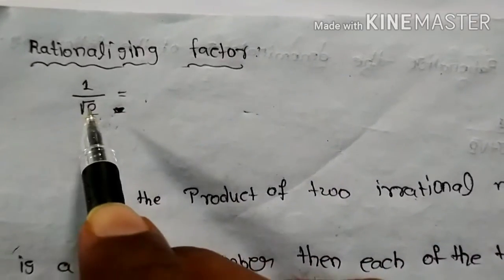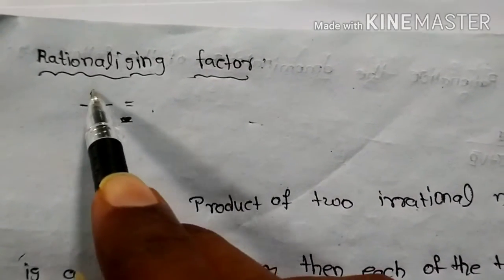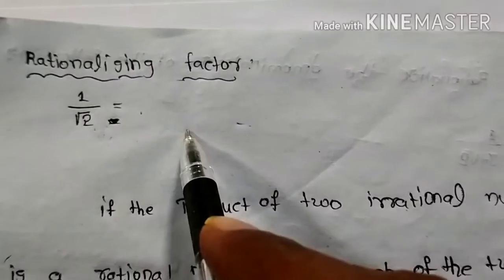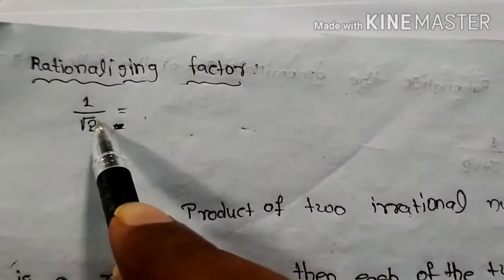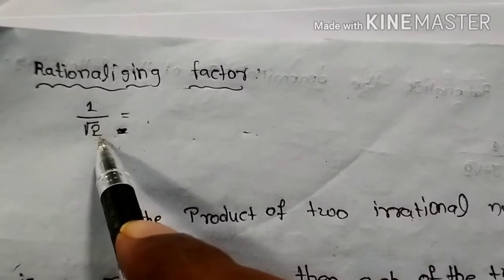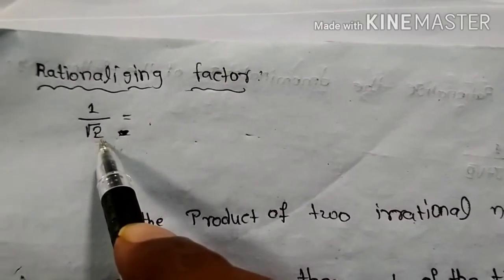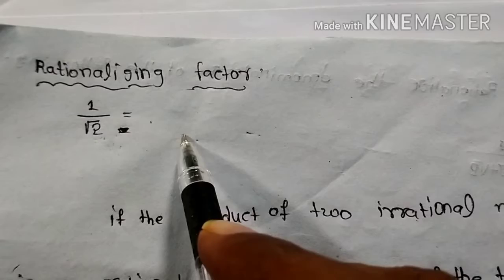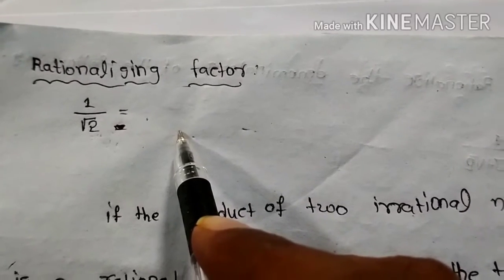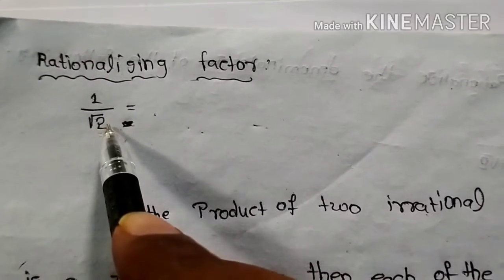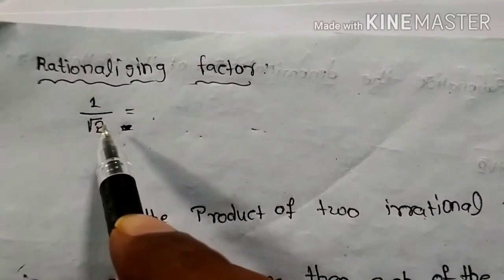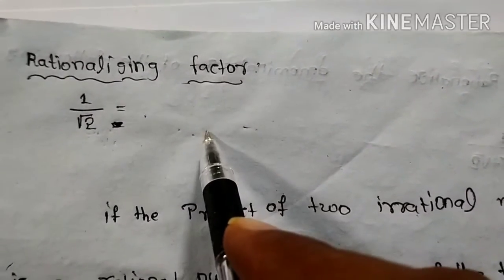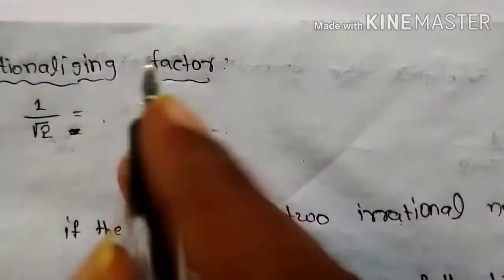So first you can convert this irrational number to a rational number. How can you convert? Root 2 is an irrational number or not? Yes. By converting the denominator of 1 by root 2, you can just convert the denominator into a rational number. Our main concept is to convert the denominator. Here the denominator is how much? Root 2. Root 2 into a rational number. How can you convert? Just see here.